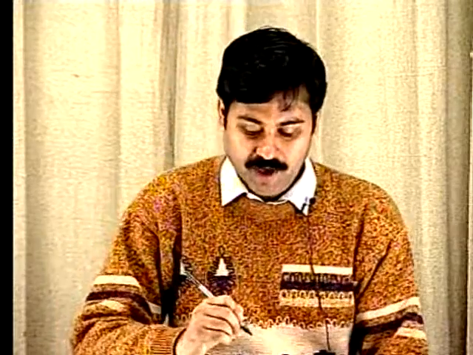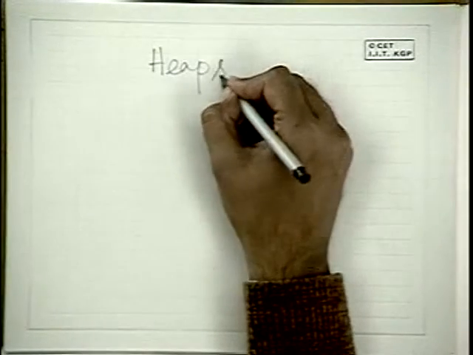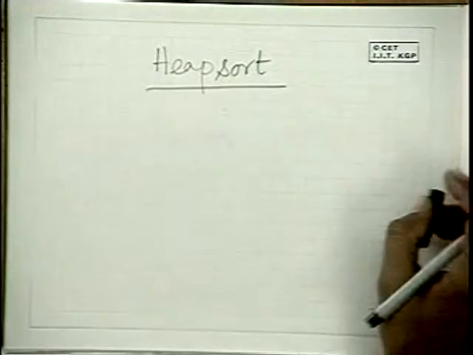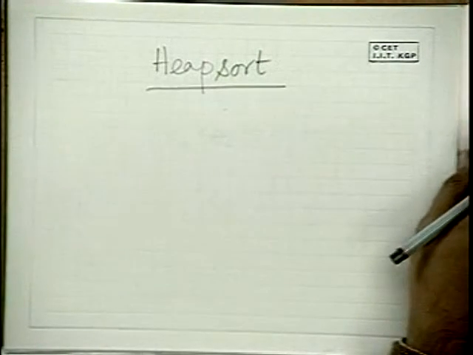Okay, so now we take up one sorting algorithm. We will go over the sorting algorithm which is called heap sort. Write it properly. We'll take heap sort. This is one sorting algorithm which is optimal in the sense that it solves